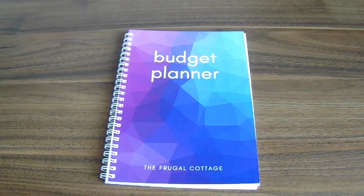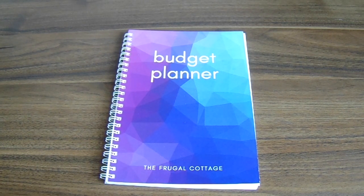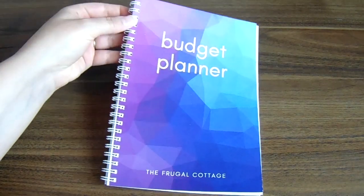So I've had so many requests for an actual physical product. I've done budget planner printables for over 2 years now, and I've had them in my Frugal Cottage shop from the word go for people to download and use at home. But I get so many messages saying that they love the budget planner but they don't have access to a printer to print at home. So I have done what feels quite a scary step, but I've done it nonetheless and created my own physical product. So this is a notebook